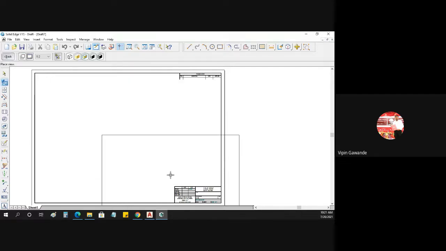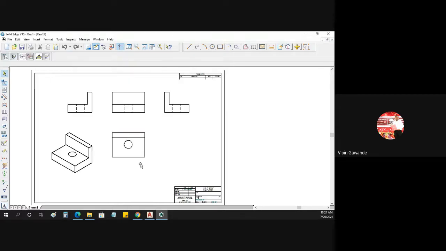Now when you click finish and place it here, you see this. So this is your front view. In the front view, the circle is not visible, so there are two dotted lines for the two circle edges. This is the back surface. Now in the top view, we'll get two rectangles and the circle. I have told you, the circle is visible in the top view. So in front view and side view, the circle is visible as dotted lines. That is a simple fundamental you have to use.